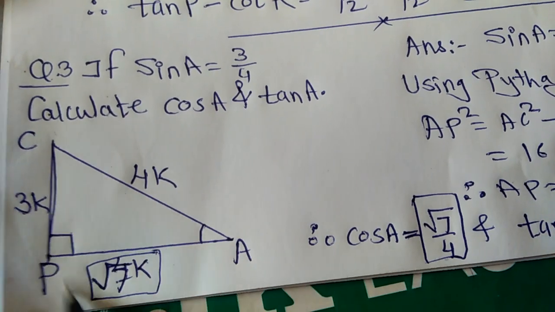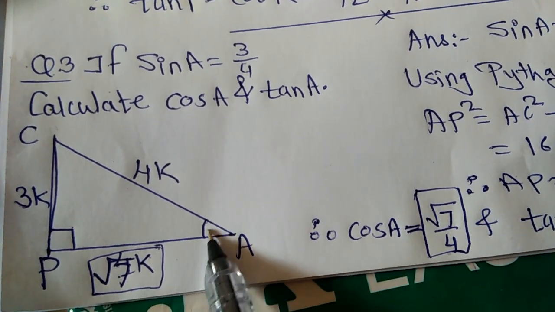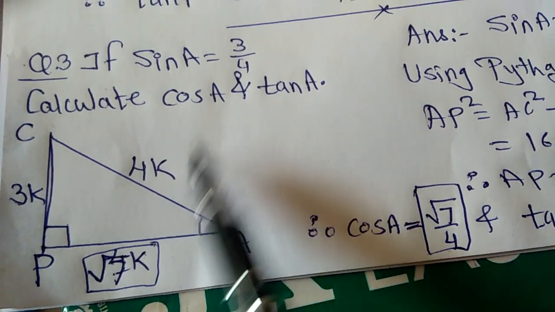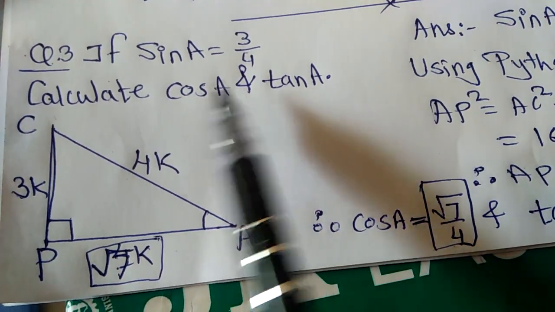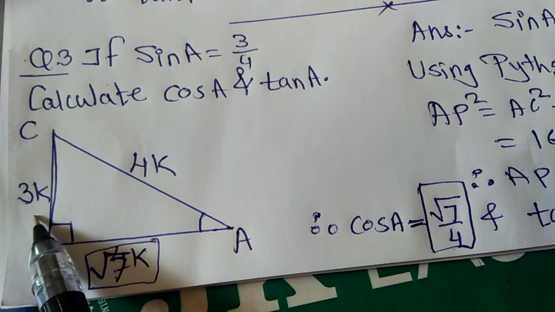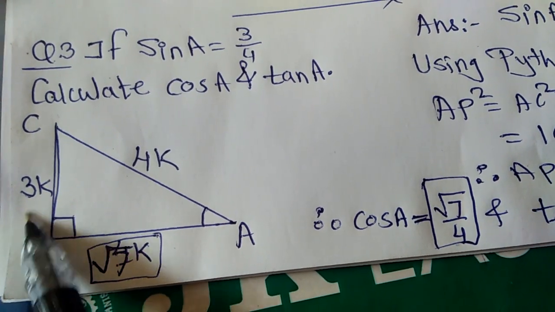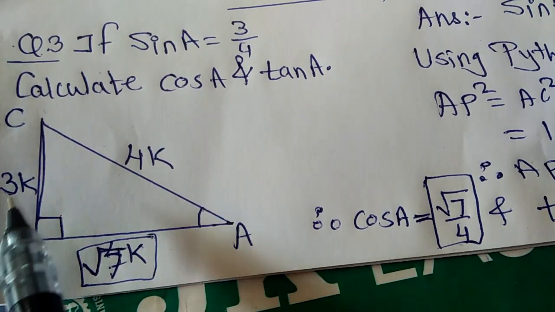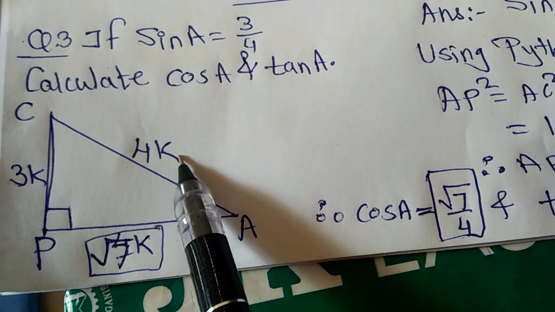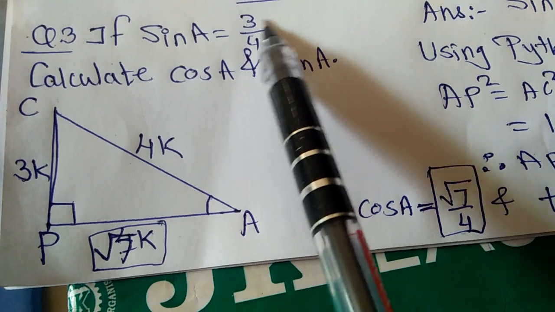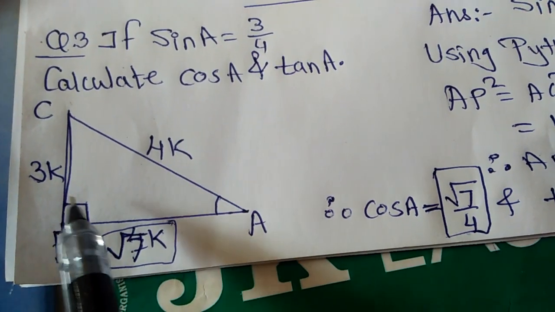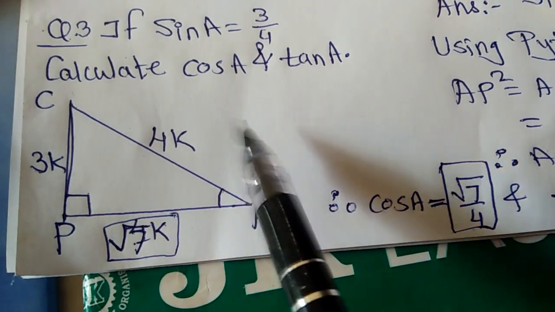ACP. Triangle is ACP. What is the sin of A? Opposite upon hypotenuse. Value is 3 upon 4. Then some K multiple of 3. We don't know exactly whether side PC is 3 and AC is 4. That we don't know. It may be 3 times something and 4 times something, then this is the reduced form. Then some multiple K must be there. Therefore, we take it as K. It does not affect our answer.